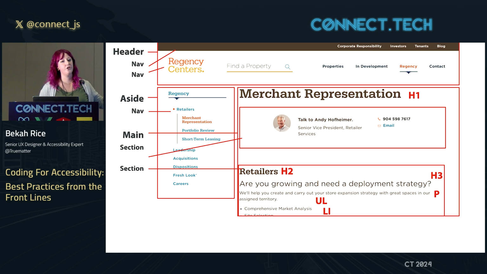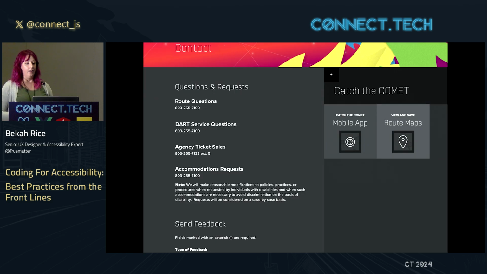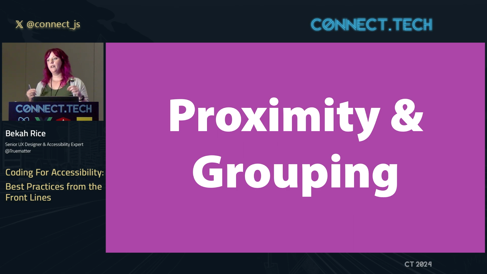So this is the visual representation of the page with some examples of how I use semantic elements to structure it. An even better example that's less code-based is taking something like this, where I have very important information about the times for the bus, how I find out about them, buried in this long wall of text. If I had used headings appropriately, it could become this, or even just the way I grouped things that were related with one another. So this goes into design and the user experience of what we're doing, more so than even just the code. This also illustrates the next thing, which is proximity and grouping. So if things are related, put them near each other.